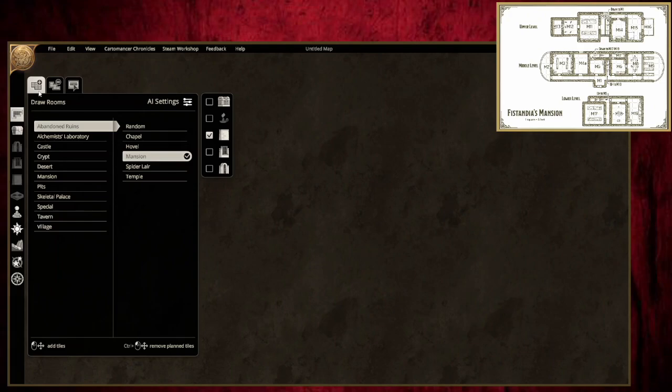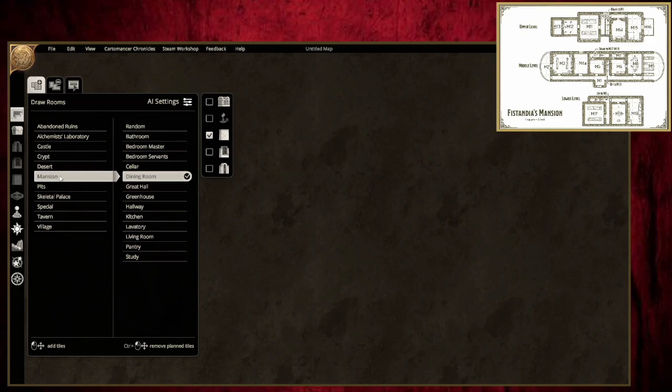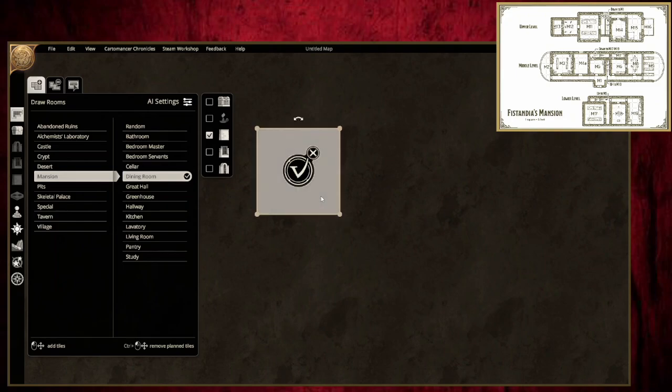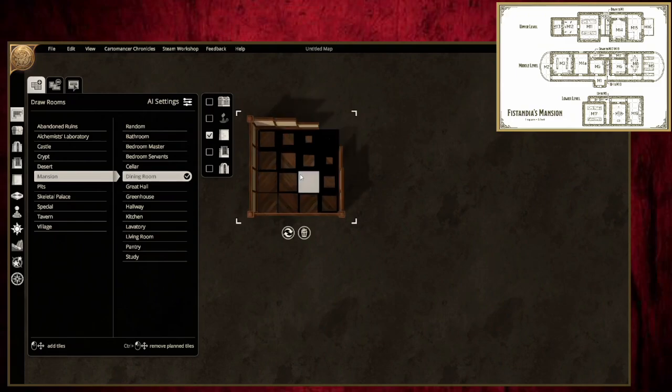And to draw your room, you basically choose what you want. This is a mansion, so I'm going to go into the mansion. I'm going to go ahead and start with what looks to be M3 on the map, just because that's a good starting spot, a good reference point for me. That is a 4x4 room. So you have your square. These should be preset to standard 5-foot squares unless you go in and change your settings. It will even give you your little dimensions in the corner there. And then when you have your shape you want, you just click the X,